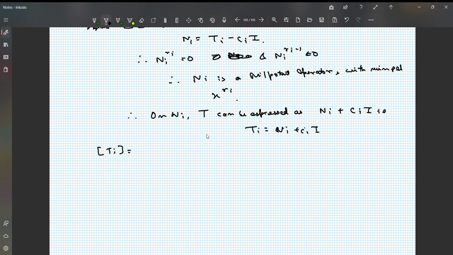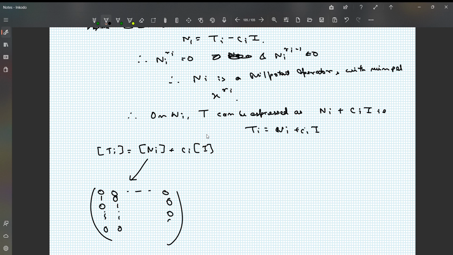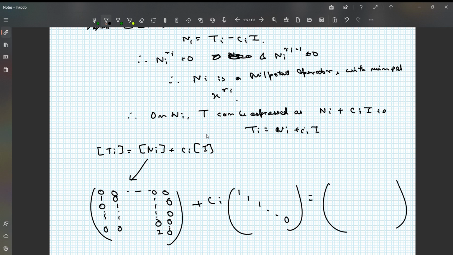So now the matrix representation of T will have a form under some ordered basis. I'm not concerned about the basis at all because we have already observed the fact that there exists some basis under the vector space given, so that Ni has a form which we had observed previously. That is, it is precisely of this form, right? Ci times I, but Ni will have this form, right? So it will be of the form 0, 1, 0, all the elements are 0, 0, 0, 1, all the elements are 0, and the last column is completely 0, and here you have another 1, 0, and 0, right? This is the form. Then you have plus Ci times